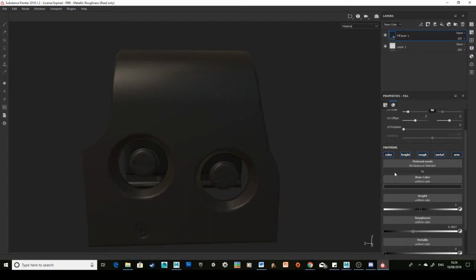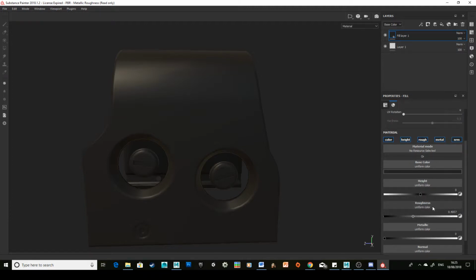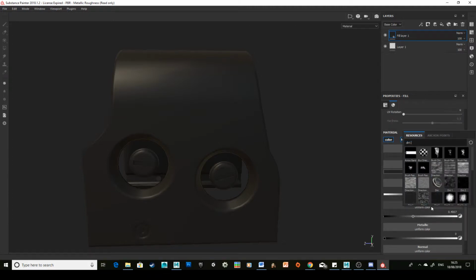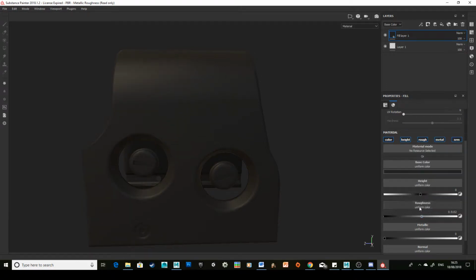So what I can do here as well is that I'm not just stuck with the base information. I can actually add certain textures or alpha maps on top of these channels. So with the roughness map, maybe this side has seen a bit of action. Maybe it's a bit dirty or maybe it's a bit scratchy. If I click on where it says roughness,